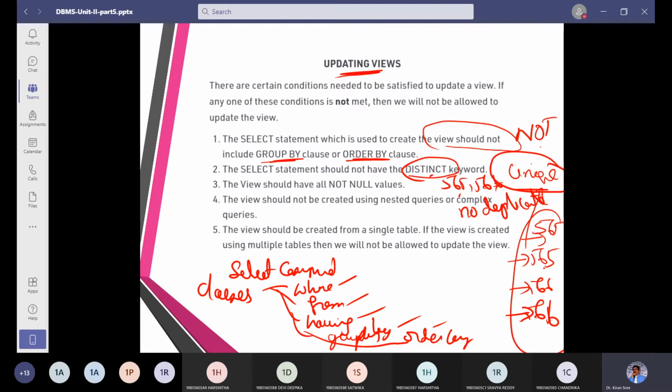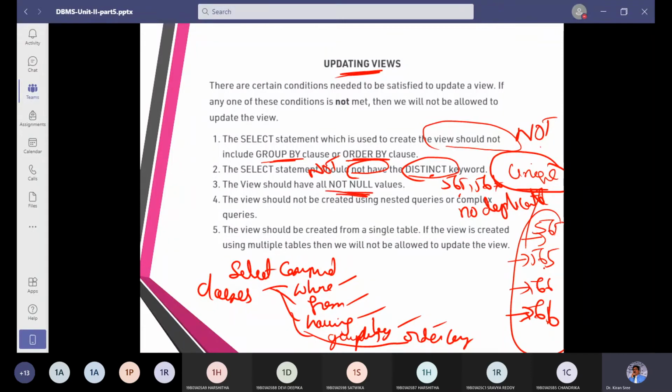That is what we call distinct, but view should not have distinct.